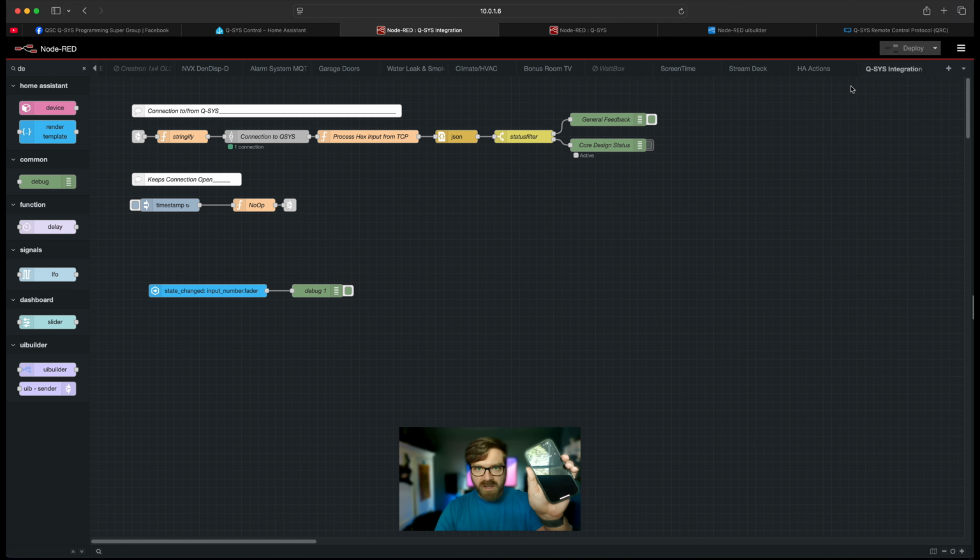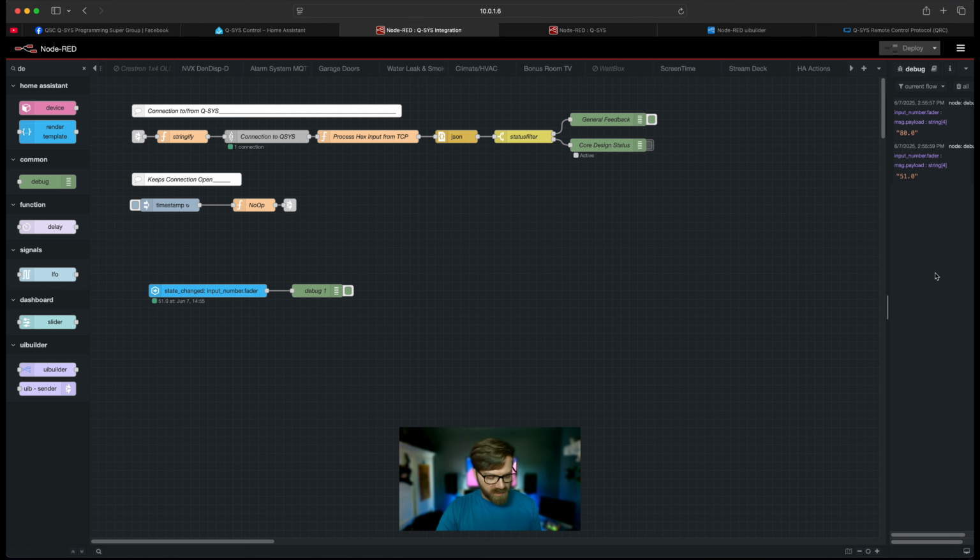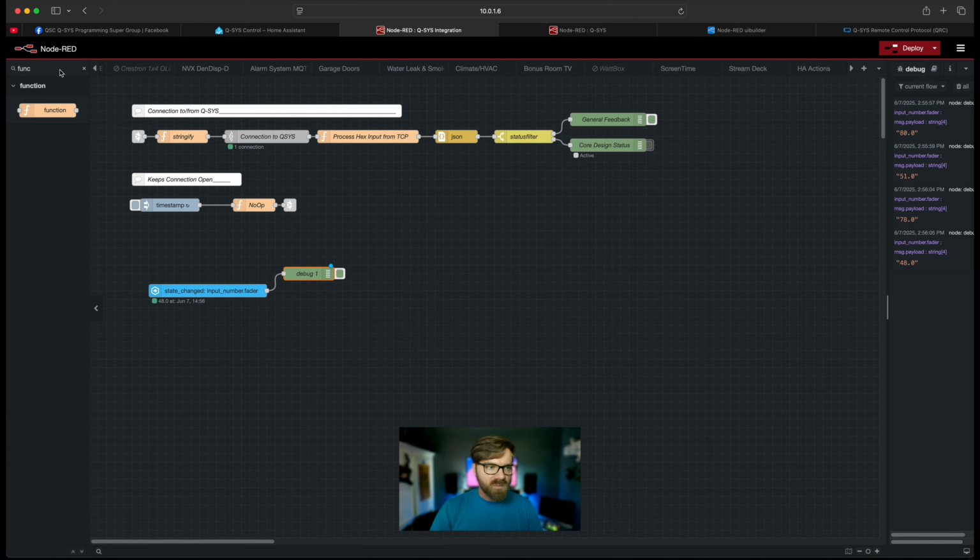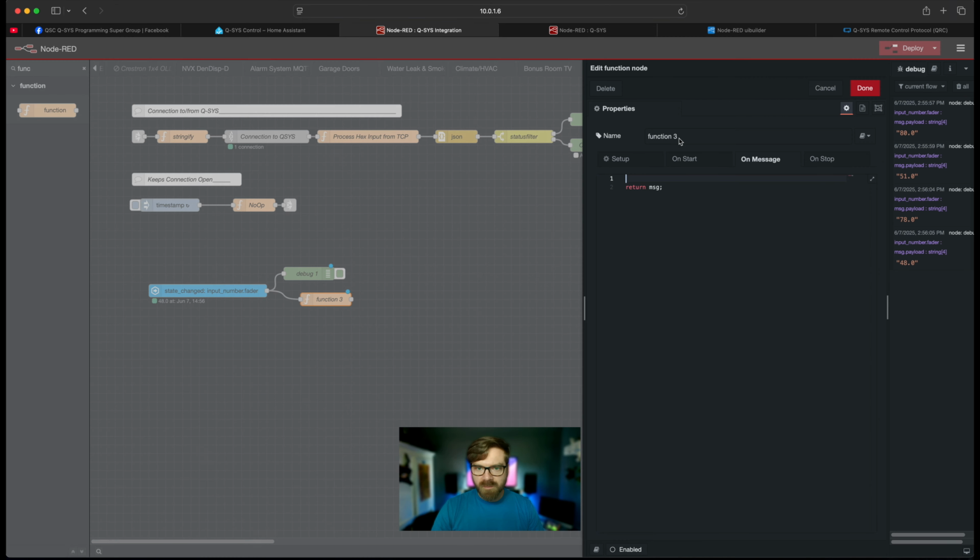So I've got my phone right here, and you can see I've got that fader going on. If I change the value of that fader, oops, I lost that here. Open that up. You see I've set it to 51, I've set it to 78, so on and so forth. So a string is coming through with that value. What I'm going to do is drop in a function node that allows us to take that value and format it correctly to be sent over to Q-SYS. I'm just going to call this